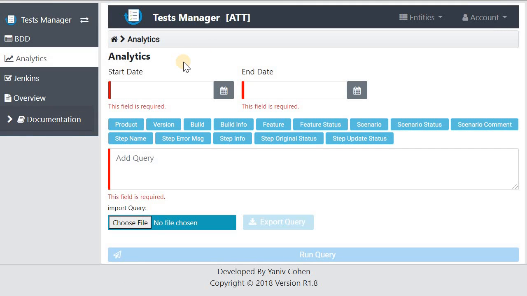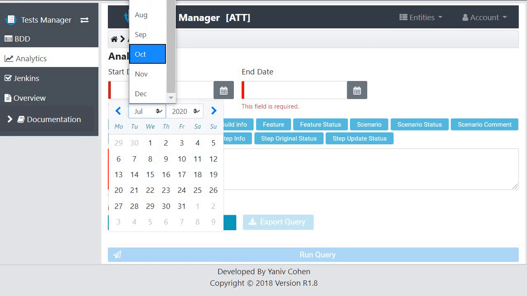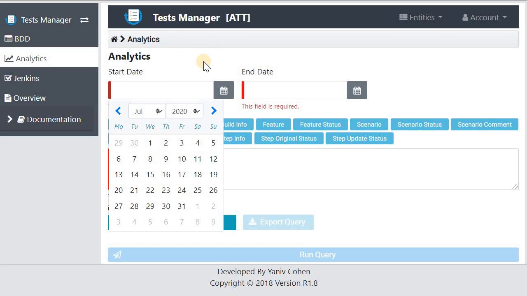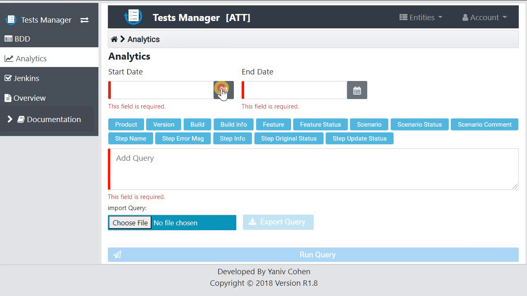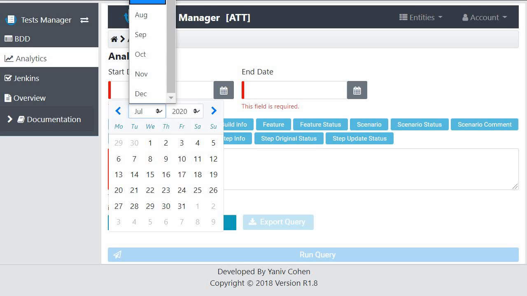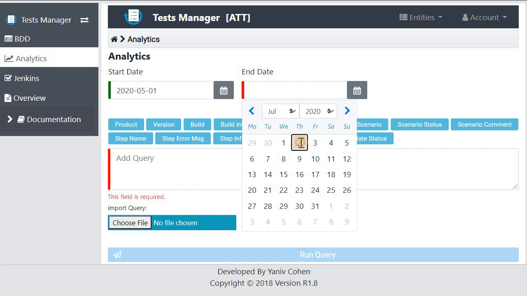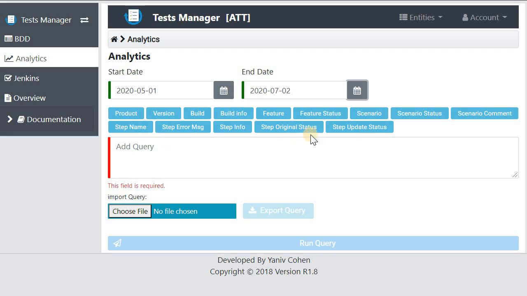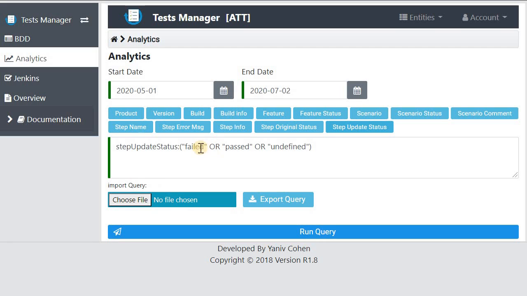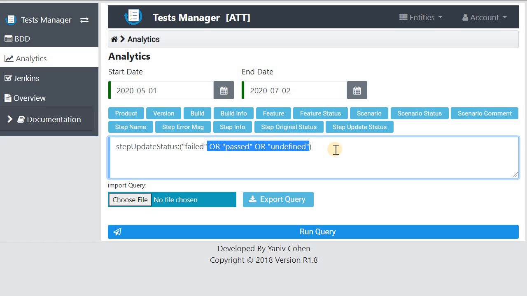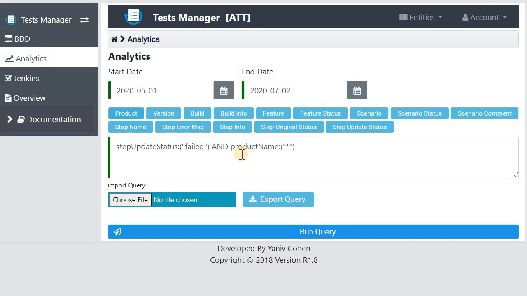In the analytics section I can filter tests from this date to this date. Let's say from May till today. I want only the failed tests, so the update status is fail, and as for the product name, I do not care.